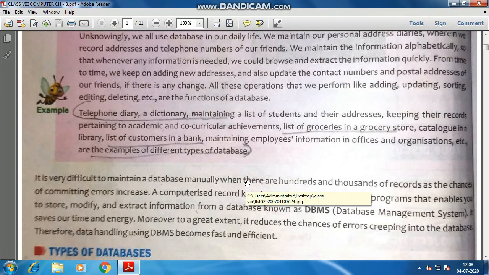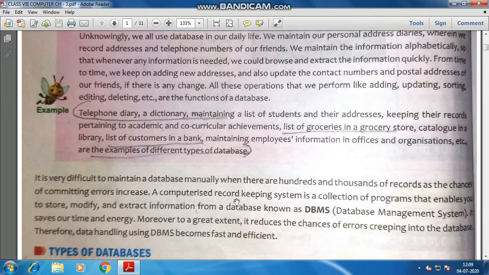You have hundreds of thousands of names to write down, and after that, on a daily, weekly or fortnightly basis, you complete that traditional manual database.